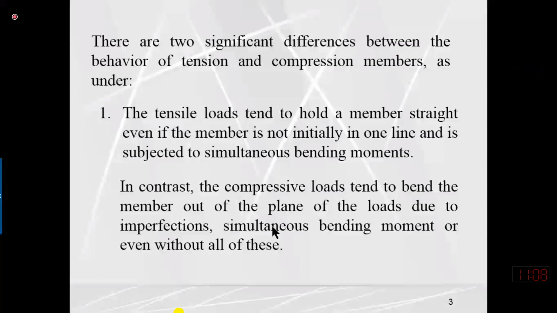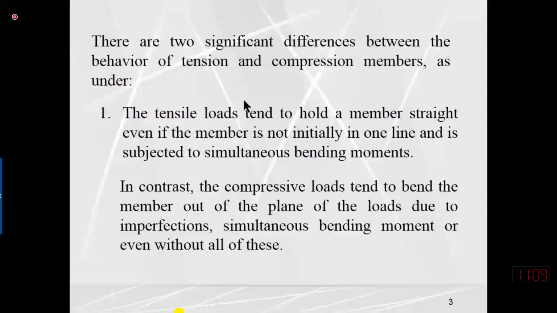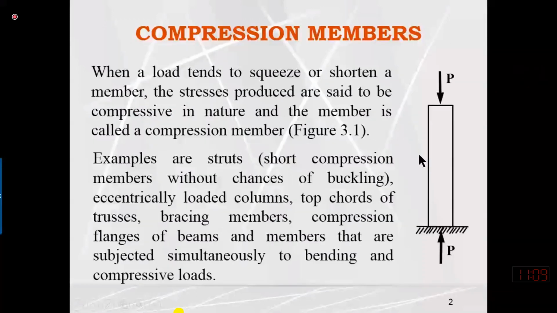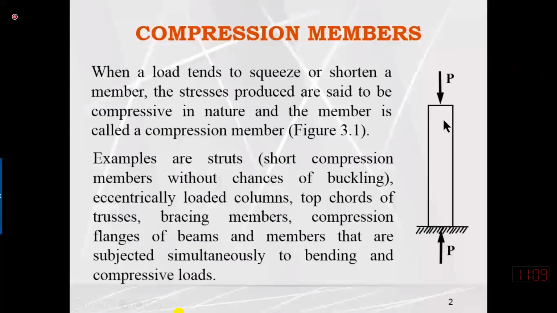Now I would like to explain what bending is and what buckling is. In this diagram, you can see that bending occurs when a lateral force is acting, lateral force meaning in the transversal direction. So this line element will behave as a beam. In the case of a beam, if we keep on increasing the load, the deflection in this member will keep on increasing. Even though the load is very small, there will be some deflection. If we keep on increasing the load, deflection or bending keeps on increasing until the member fails.